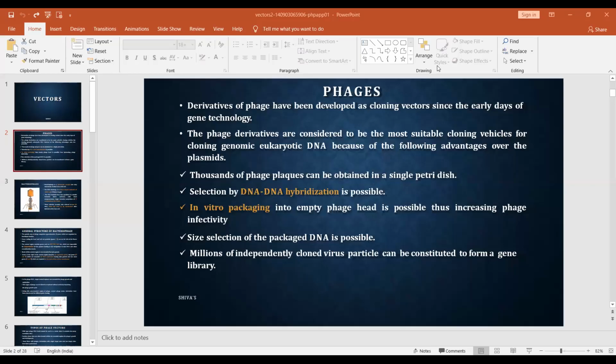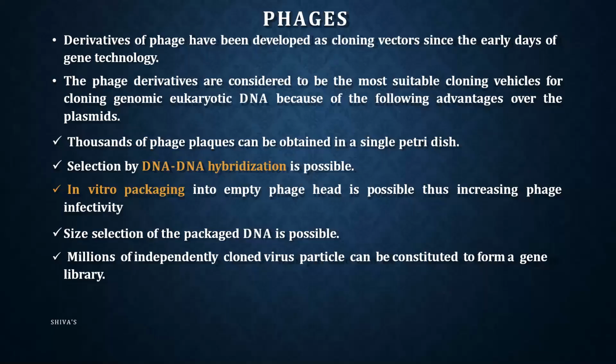Okay, now after plasmid, another vector which is useful for gene technology or recombinant DNA technology are phages. As you know, the bacteriophage has a simple structure. It can be easy to clone, but as such, it has a wide variety of uses as a cloning vector, from prokaryotes to eukaryotes. Let's start with how it became a cloning vector.